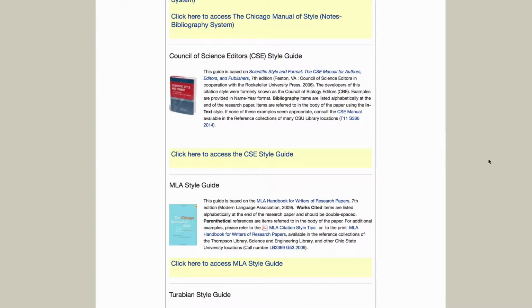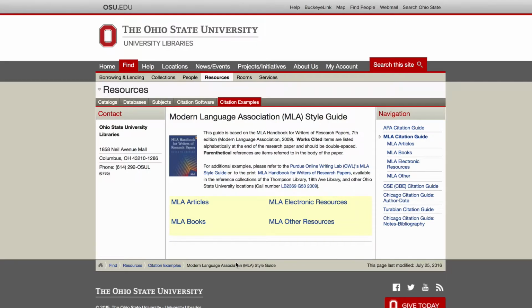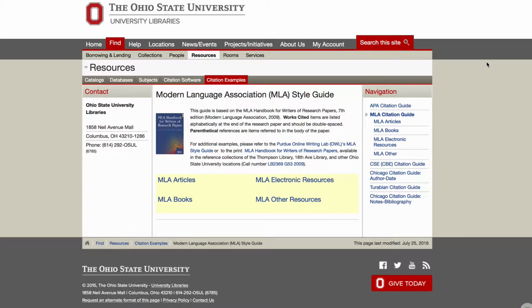Now, the one that you're most likely to use if you're in high school and probably even middle school is the MLA Style Guide, which is the style guide that would be used, for example, in an English class in a paper. So we're going to really quickly go over this so you can understand how to use it. So you notice here that it's divided into 4 sections: MLA articles, MLA books, MLA electronic resources, and MLA other